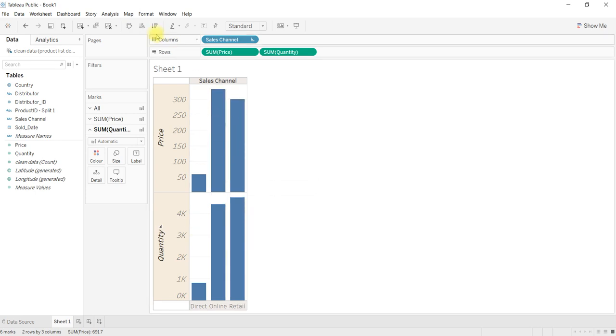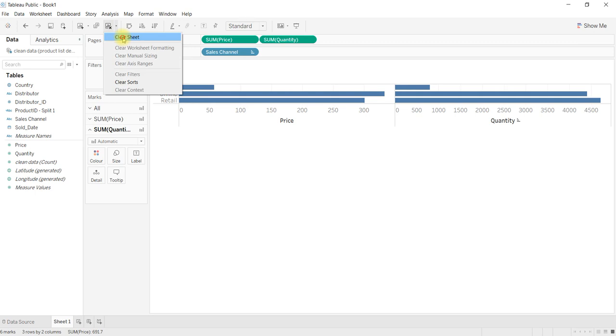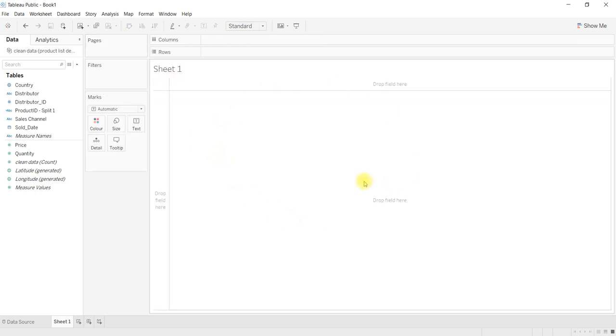If you would like to switch them to a vertical format, you can select this one: row into column, column into row, and it will be switched directly. If you would like to clear all the visuals you have created, select clear sheet. If you would like to clear only formatting, choose clear formatting, and whatever formatting you have done will be cleared. If you would like to clear the entire sheet, clear sheet, and the entire visuals will be taken off. Here is the clear option, this one is for switching, and this one is for sorting.